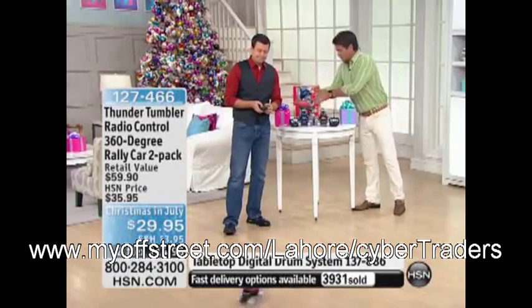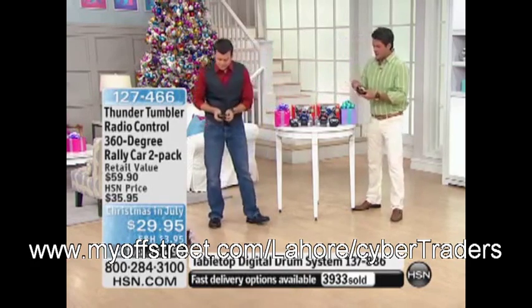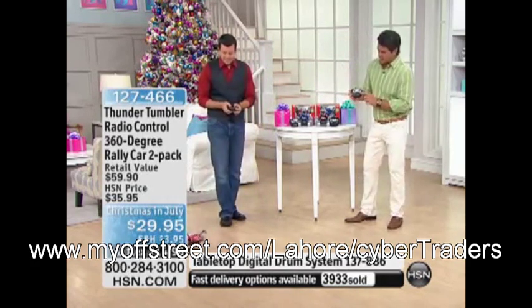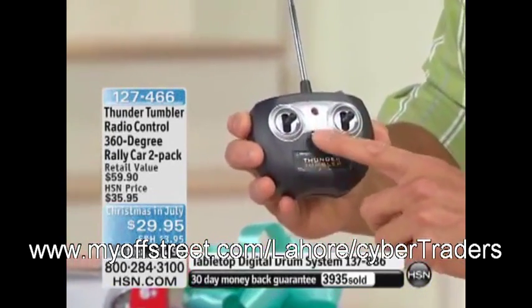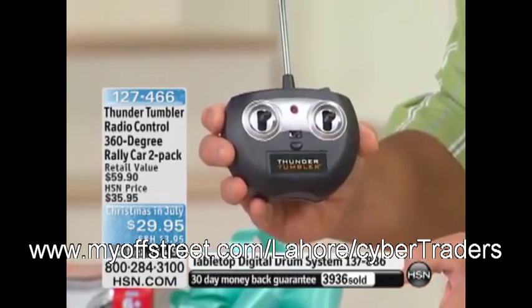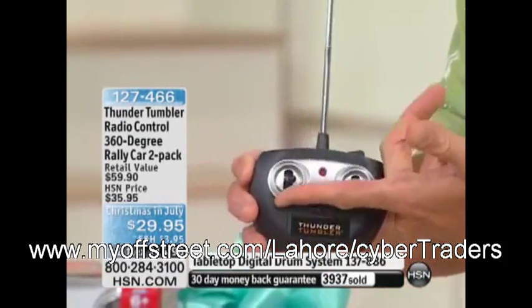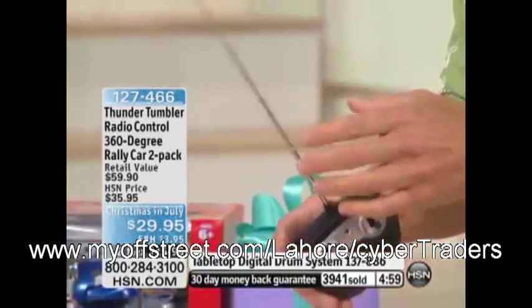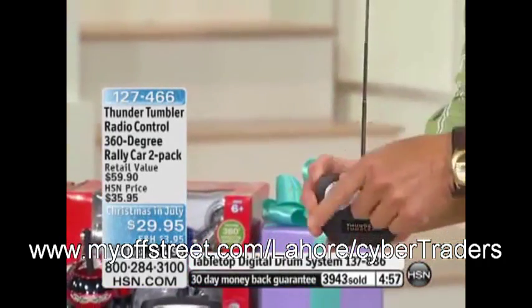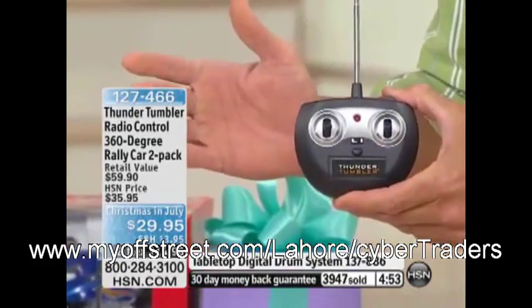I mentioned earlier too, a lot of remote control cars are very difficult to use, but this one, here's the remote right here, and to Corey's point, it's a very simple remote to figure out. You've got that one button that'll just allow the car to move forward so the kids can learn how to use it. That's right. And then, of course, your directional buttons for your tires. Very, very simple. Got your telescopic antenna, which sends the signal to the car, and there's an antenna on the car as well. But you get two of these guys, two of the cars, and you're going to pay one